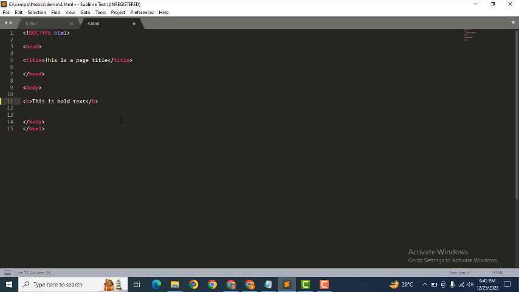Now there is another tag to bold the text. Let's add BR for line break. Now here we can add another tag. This is strong tag. Let's close this tag, and after that